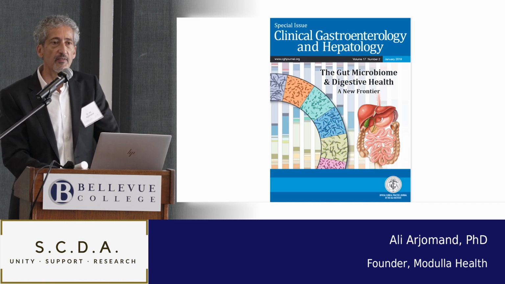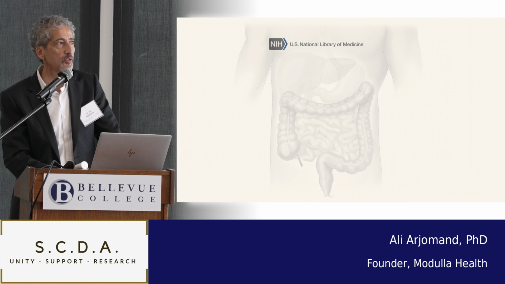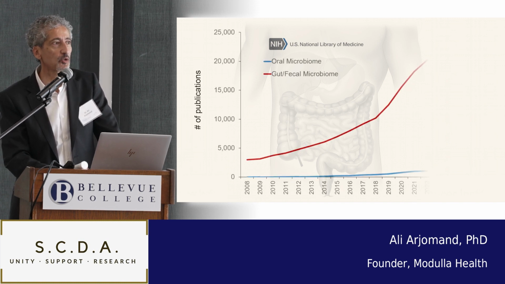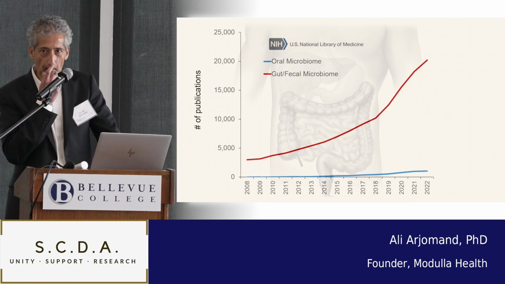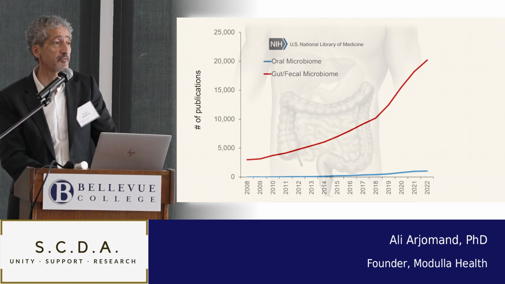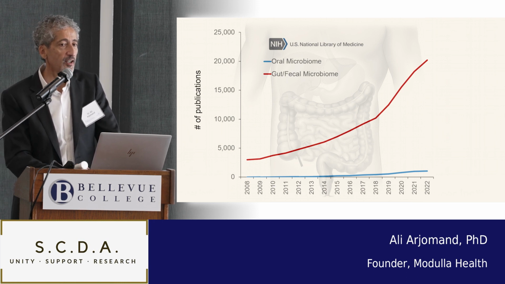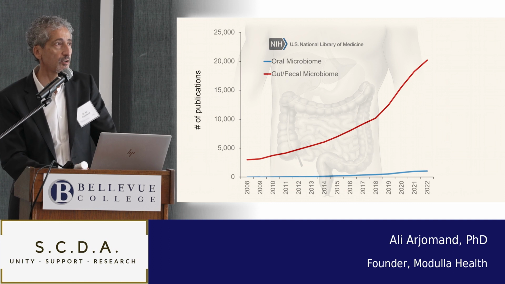Now, there's been a lot of emphasis on the gut microbiome. There's a lot of journals. This is in gastroenterology a few years ago. Lots of articles on the gut microbiome. I pulled up all the articles that had the word gut or stool microbiome published in PubMed in comparison to the oral microbiome. Okay, and so you can see the difference. We're really far along in the gut or fecal microbiome research publication space, but look how far behind we are in the oral. So there's still a lot to learn, but again, there's already quite a lot in place.